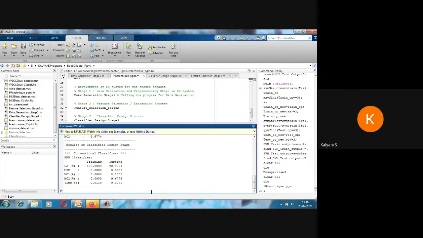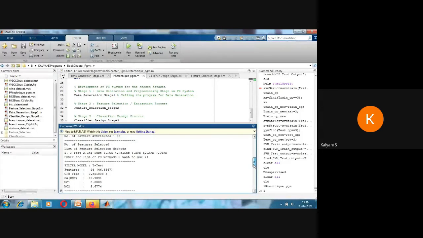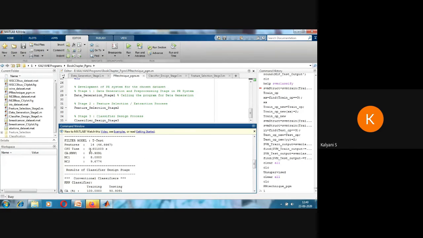So now method 1 alone will be run with all the classifiers. Method 1 is a feature selection method, and it is giving the results of that feature selection. Out of 30 features, 14 features have been selected. All the remaining are neglected because they are not helpful for classification. Based on that, I am giving the accuracy as 90% with the misclassification 1.